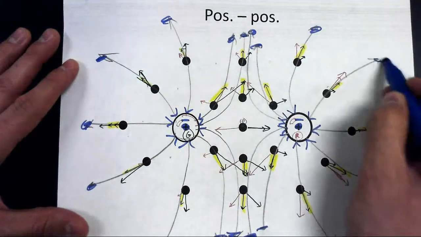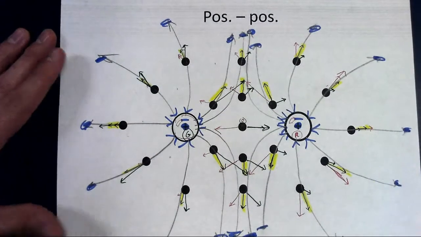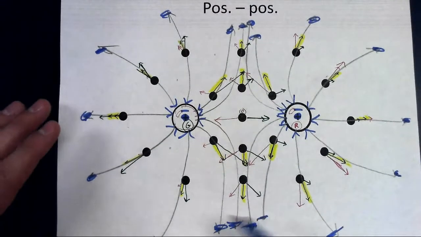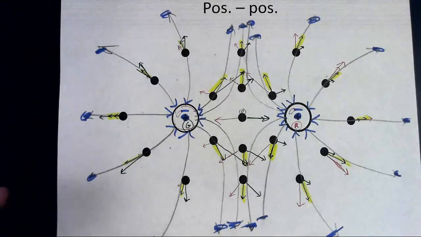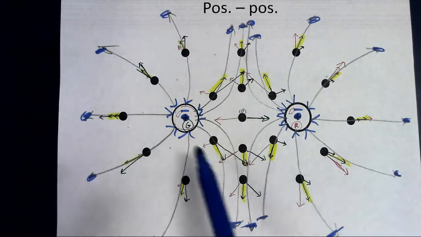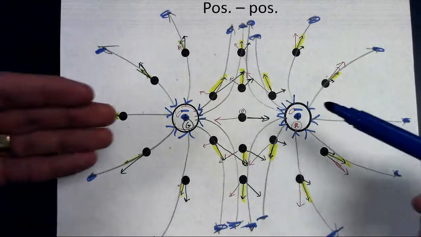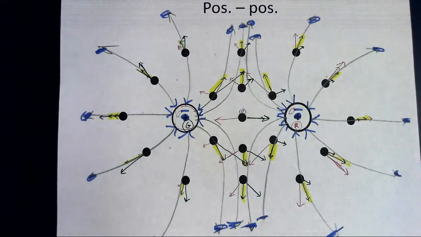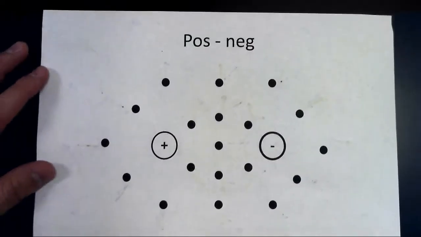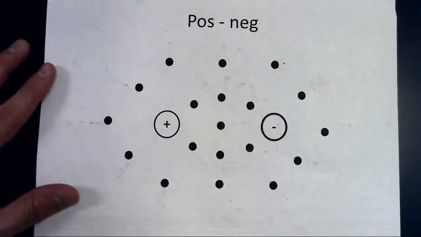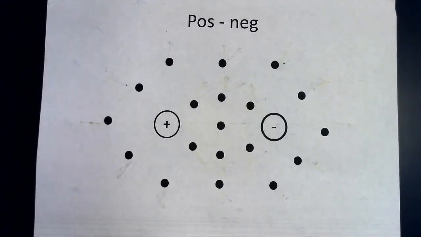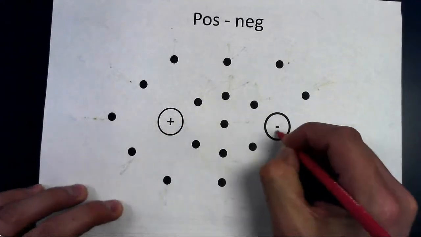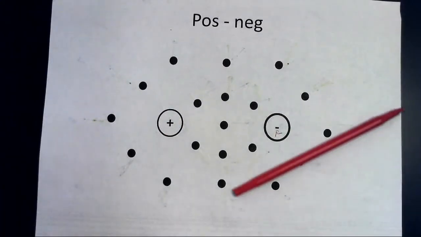Point is this: if you have two of the same charges, the field lines will look kind of spider-like. They look exactly the same. But if it's negative, they point in toward the charges because the electric field lines go toward negatives and they go away from positives. Let's consider this next one real quick, a positive-negative field. This is going to be faster, but let's consider the same thing. If we consider this one red and this one green,